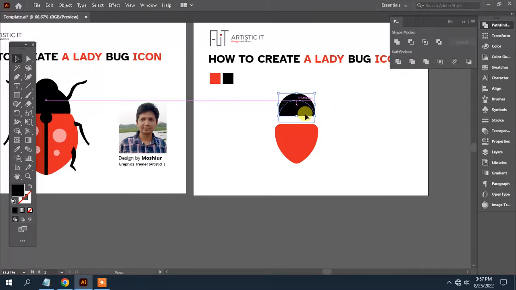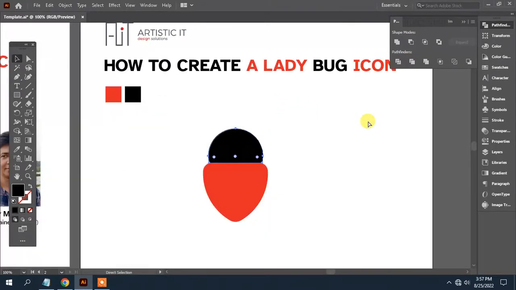Make the head of a ladybug by ellipse tool. And position it.